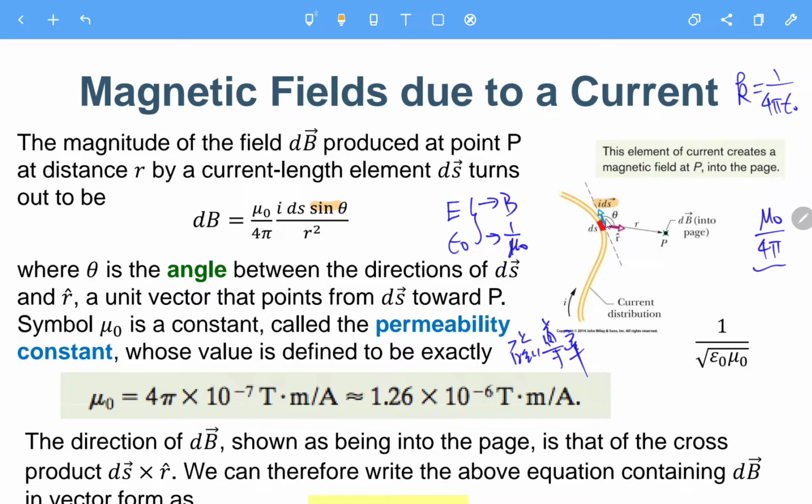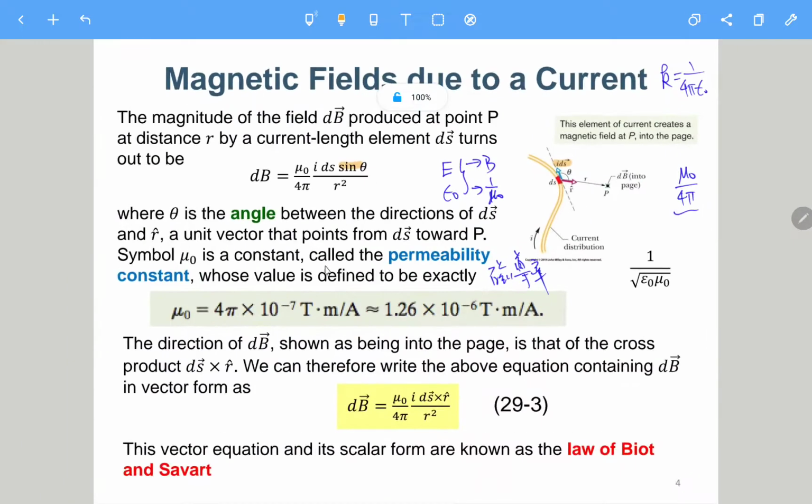I times ds is this blue vector, and then r hat is the unit vector in this direction. So theta is somehow like we cross I ds to this r hat, and then over r square. So if we really want to write it in the vector form, it will be like I ds cross